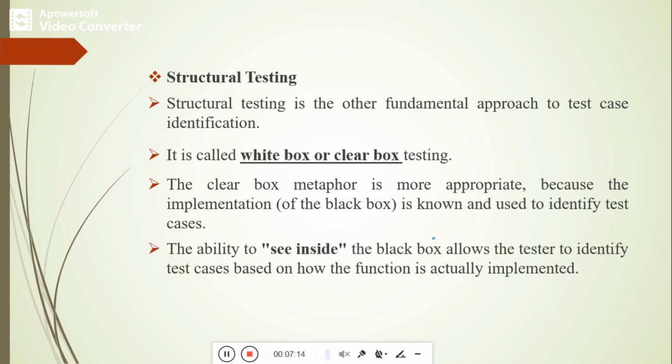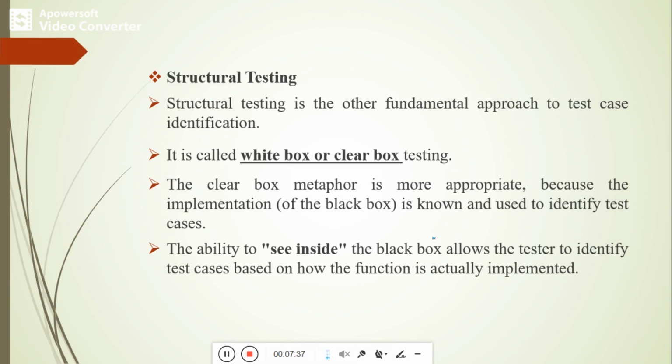The ability to see inside the black box allows the tester to identify test cases based on how the function is actually implemented. That is why structural testing is also called white box or clear box testing.